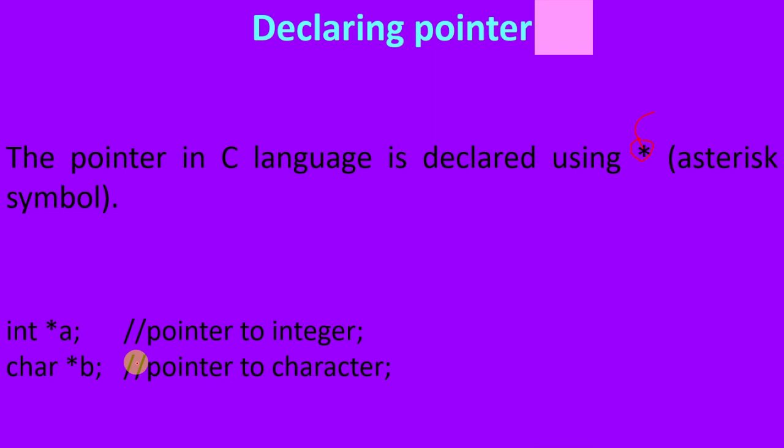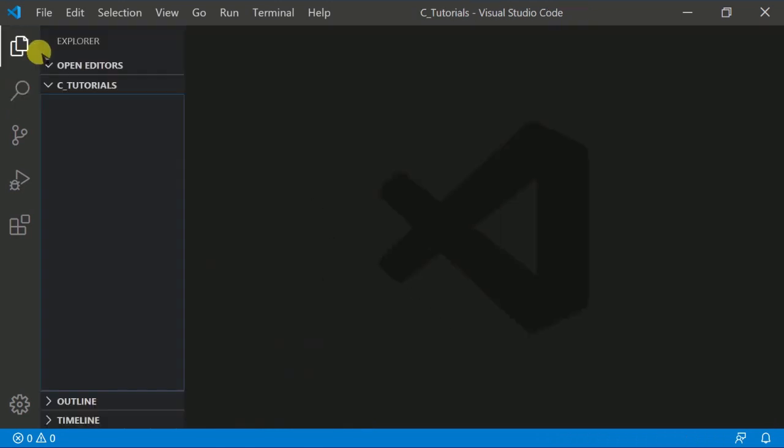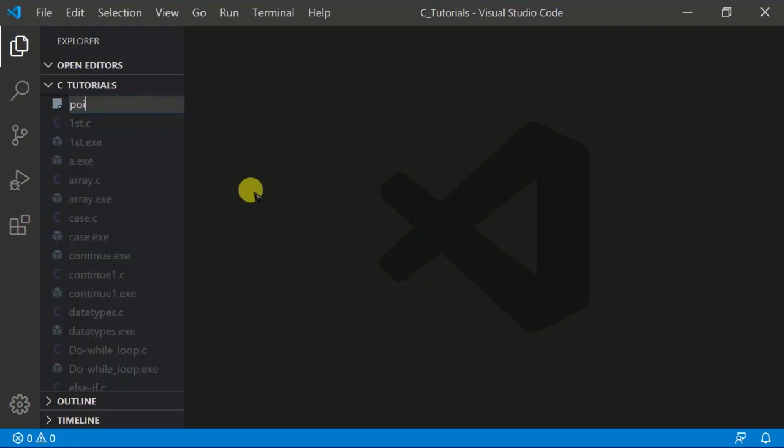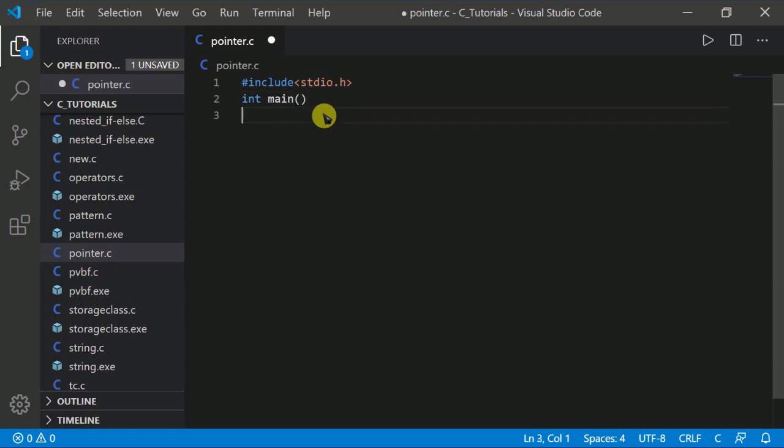Let's see the pointer example. Let me first create a new file and close all these files. Go to the new file and name it pointer.c. That's great. So #include stdio.h and int main.